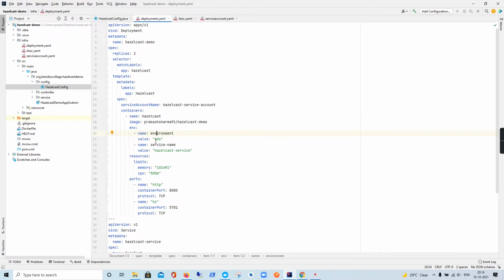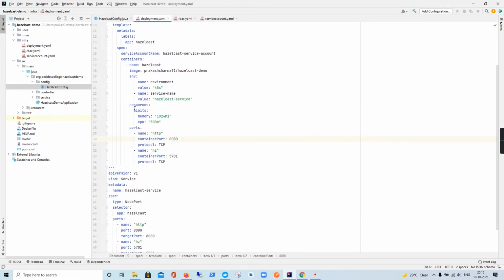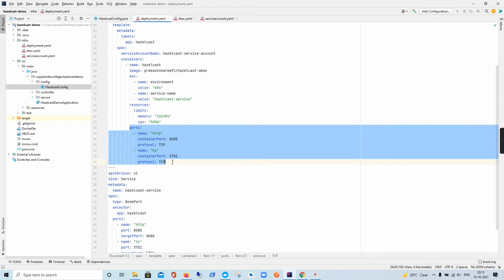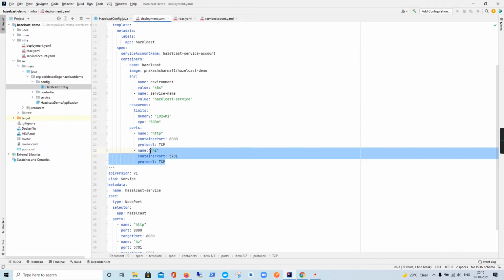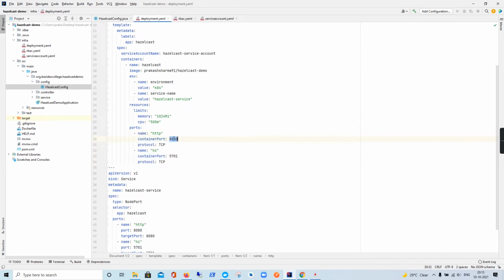So it's like an identifier. Another is the service account, which we need to supply to the Kubernetes API, or the Hazelcast Kubernetes library, along with a few configurations related to resources and exposing of ports. We have exposed port 8080, and we also need to expose port 5701, which is the Hazelcast default port.